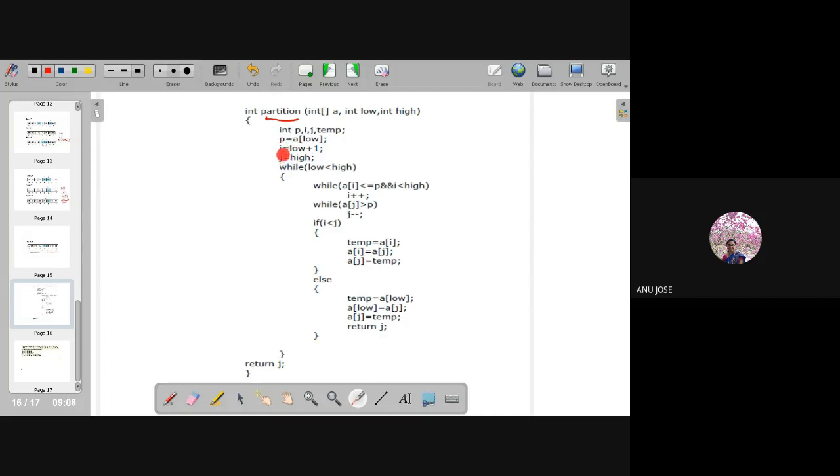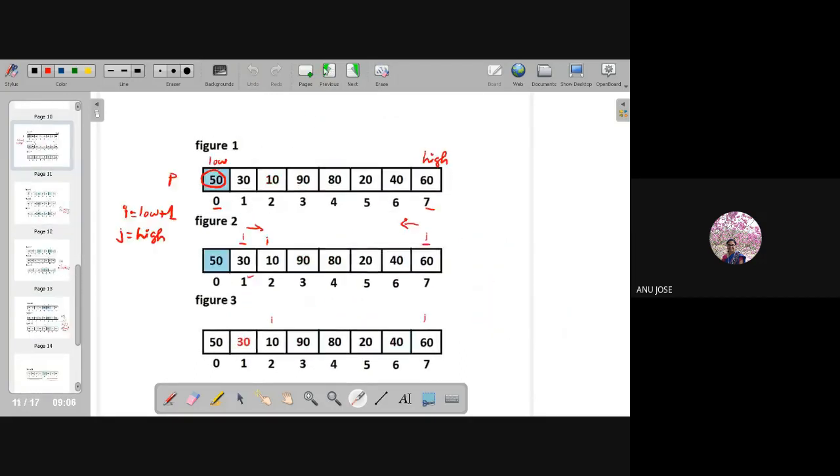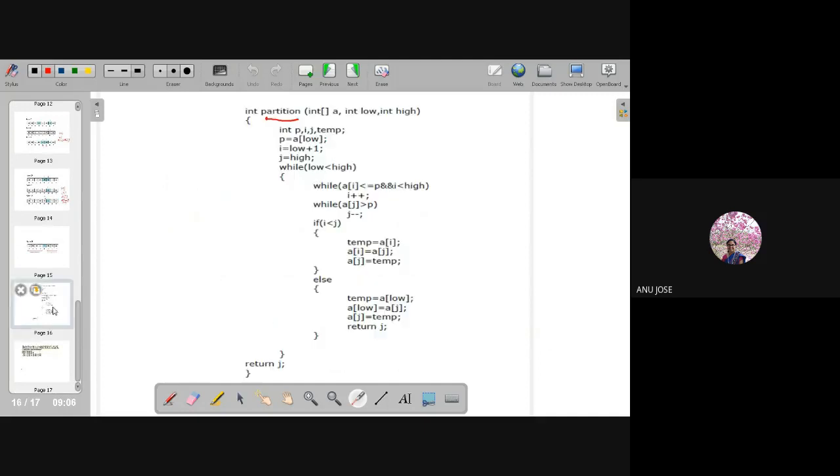So i and j have been initialized, because whenever it first starts, i was holding the value low plus 1, which I have written over here, and j was holding the value high. So that initialization happened. Then while low is lesser than high, what is its intention?